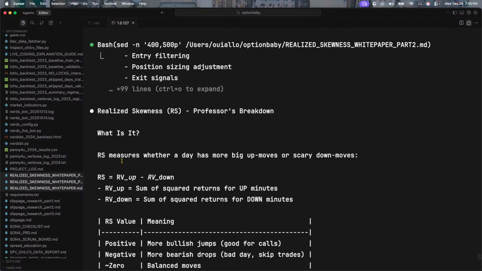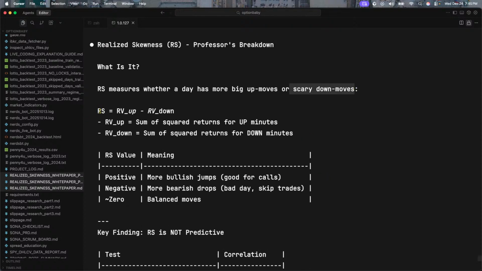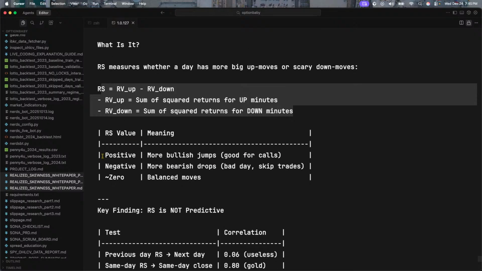Okay, what is RS? RS measures whether the day has more big up moves or scary down moves, right? Here is the function if you're into that sort of thing. A positive RS value lets us know that there are more bullish jumps. What does a bull want? A bull wants to be able to push past resistance, right? This is good for calls because calls are looking for bullish moves, wanting to ride the market